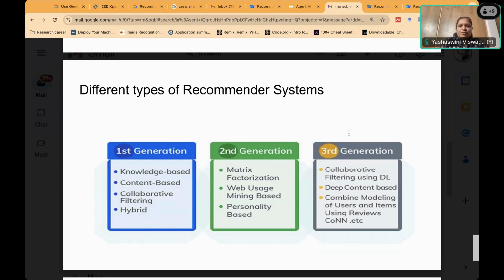N number of users liked it. And sometimes there will be a rating. Like on an e-commerce site, on a 5-star rating, either a 4-star is given, or a 4.5-star, or a 3-star rating. Based on this rating mechanism, you tend to either buy the item or not buy the item.